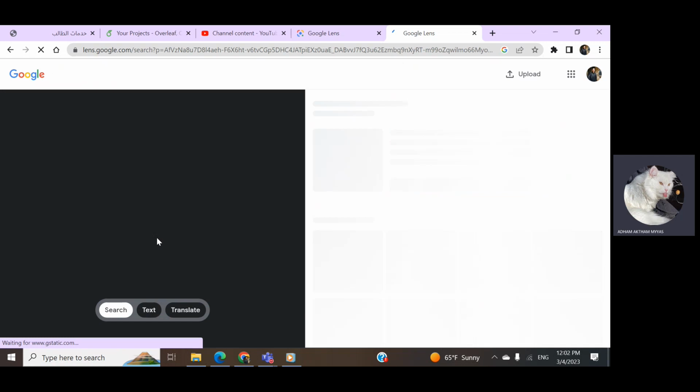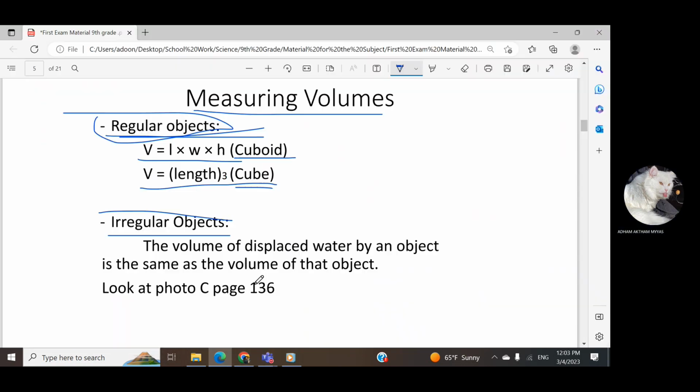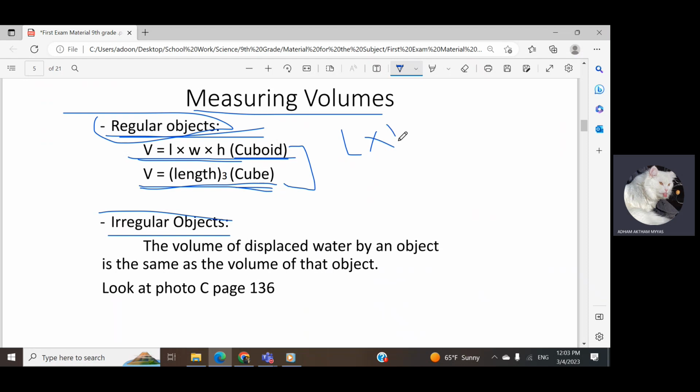It has a length, width, and height. That's the difference between the cube and the cuboid, if you want to see the difference. So if I want to calculate the volume for the cuboid and the volume for the cube, the first thing in my mind is that I have to multiply all the sides together